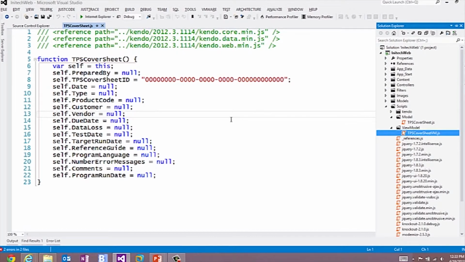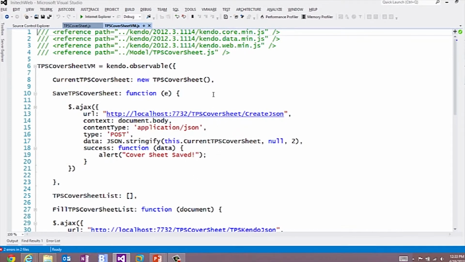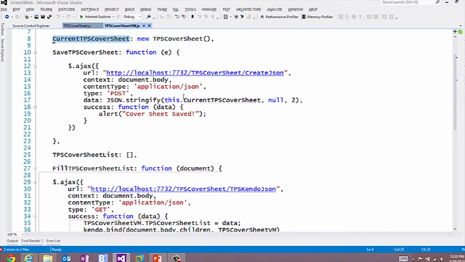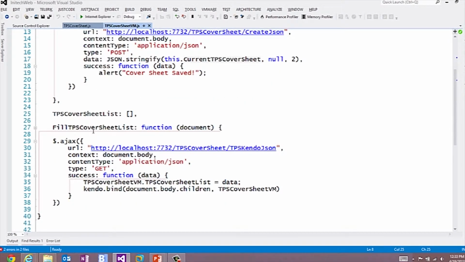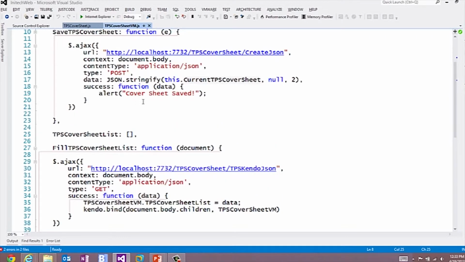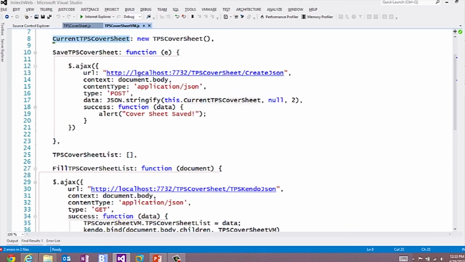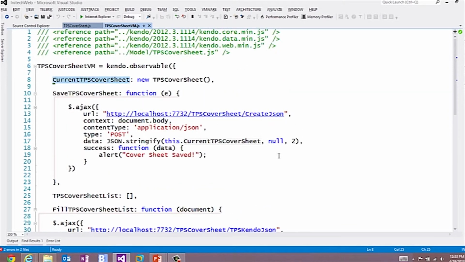And then I also have my MVVM here, which doesn't do a whole lot other than it exposes a current TPS cover sheet, and then it exposes two methods, one to save and one to fill up the list of cover sheets that we saw. And right now they're just calling back to my MVC controllers to get JSON back and forth. So again, this is all client side. Once you get it up, all it's really passing back and forth are JSON objects. And the real magic that Kendo provides is just this kendo.observable, which handles all that data binding and